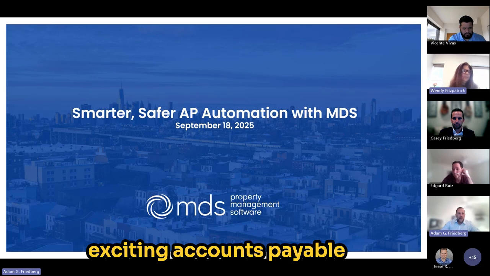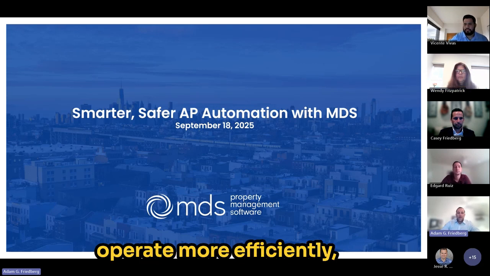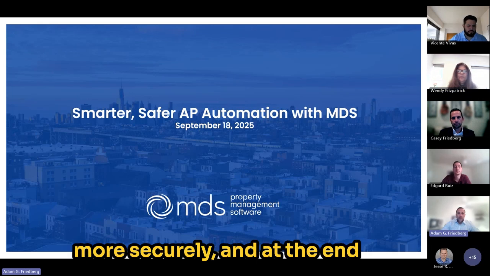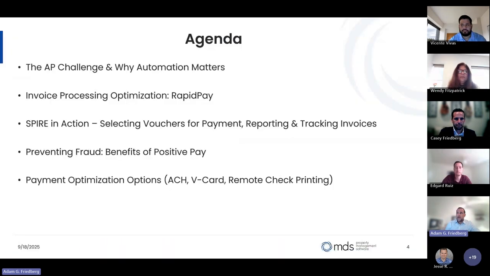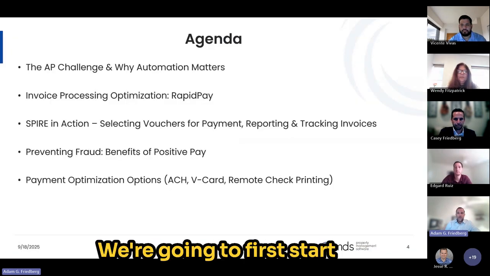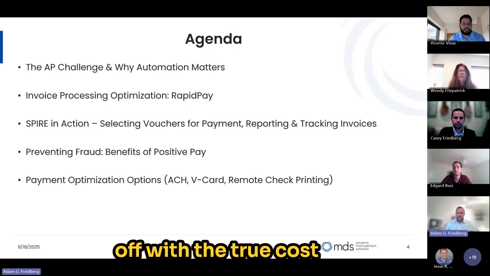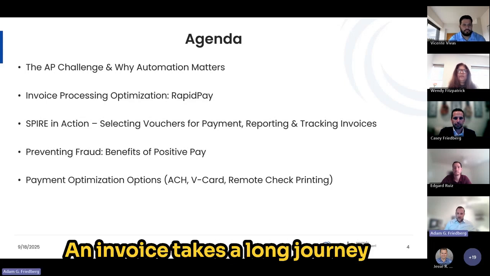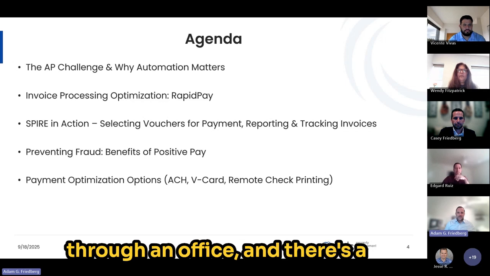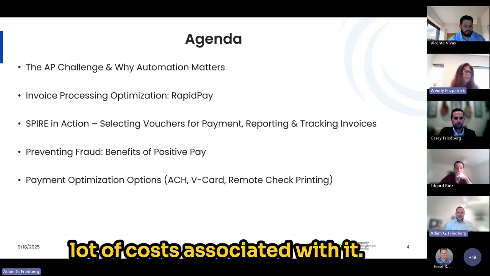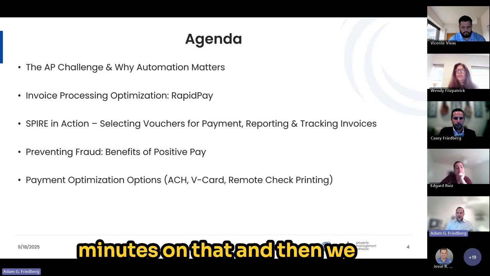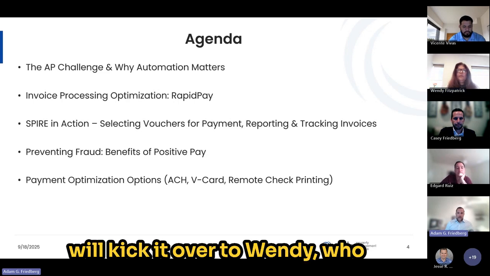Some exciting accounts payable options to really help you operate more efficiently, more securely, and at the end of the day, save you money. So what are we going to be talking about today? We're going to first start off with the true cost of accounts payable. An invoice takes a long journey through an office, and there's a lot of costs associated with it. We want to spend a couple minutes on that, and then we'll kick it over to Wendy,